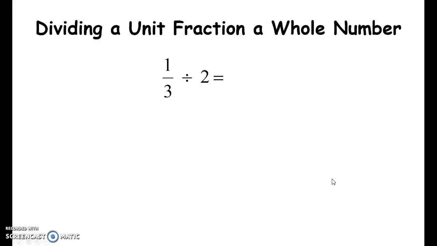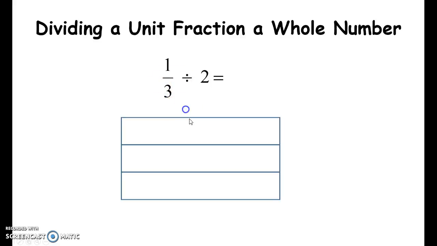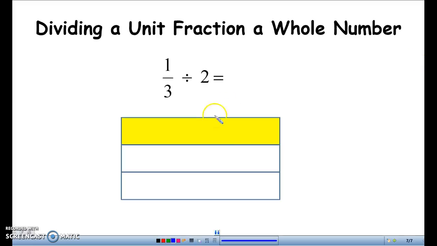So I'm going to take a whole and divide it into 3 equal pieces. There's my whole. I divided it into 3 equal pieces. I'm only going to shade in one of those pieces. Now it says take that 1/3 and divide it into 2 equal pieces. So if I divide that right there, the question is, how big is each one of the pieces in reference